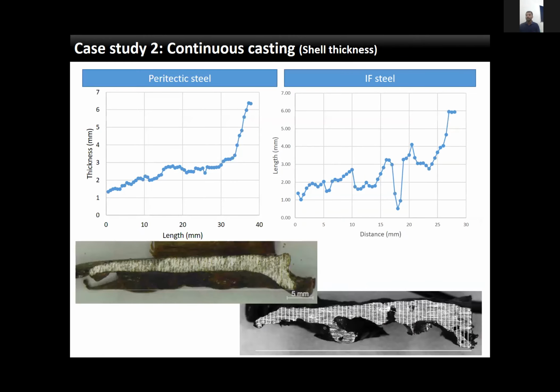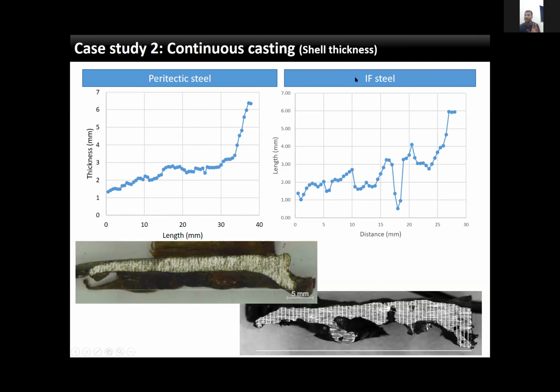Now you can see we performed with two steels, one is peritectic steel and the other is IF steel. You can see that with increasing length, the thickness increases. You are able to understand this is the meniscus region. The last solidified region is this one, and this is the first solidified. Initially it got solidified, and then it is being pulled down. As we are pulling down, the fresh liquid is coming and depositing, by maintaining the meniscus at a particular point. If the meniscus is not maintained at a particular point, the simulation will not happen.